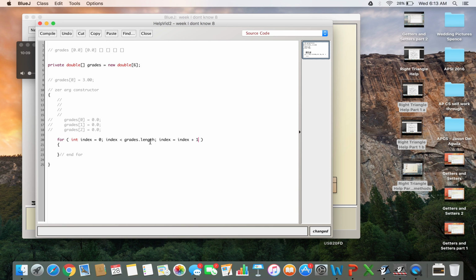plus 1. This means I take index, which is 0 at the beginning, I'll add 1 to it, and then I'll store it back in index. So now index is 1, and then it'll do all this stuff. And then now index is 2, and it'll do all that stuff. This is the same exact thing. Some people still don't understand this. That line of code that I just got rid of is the same thing as index plus